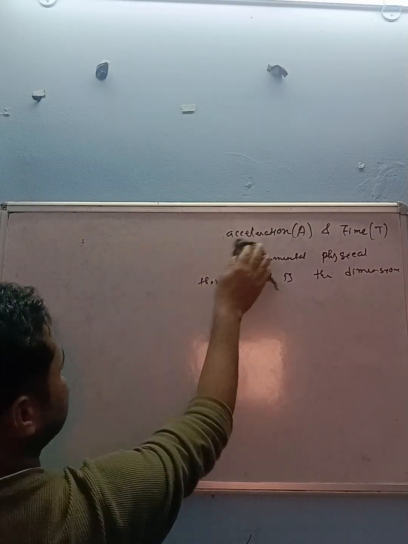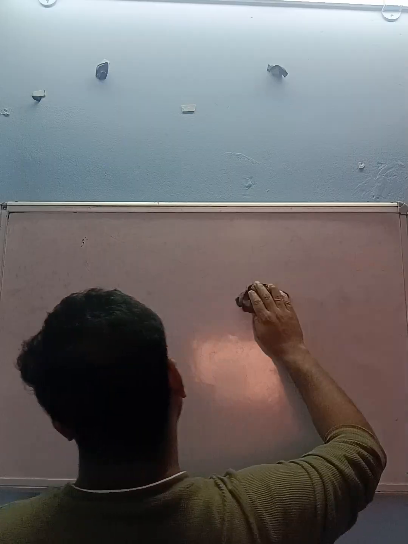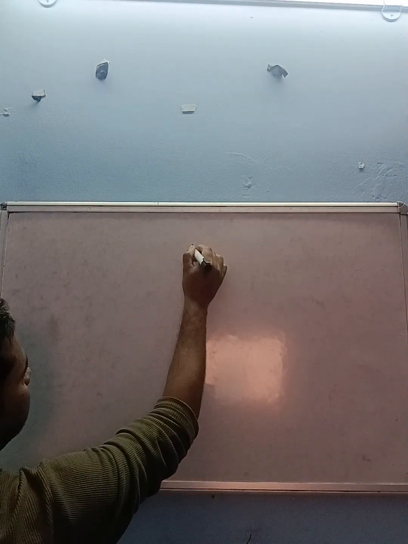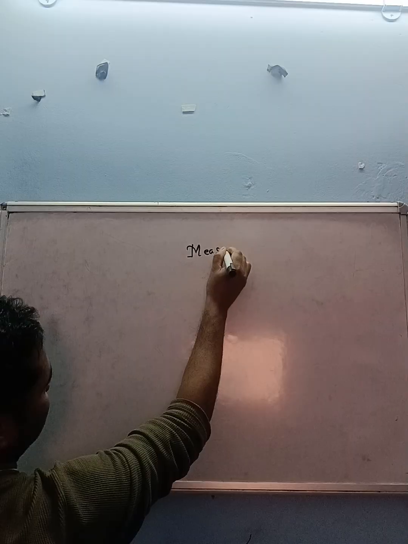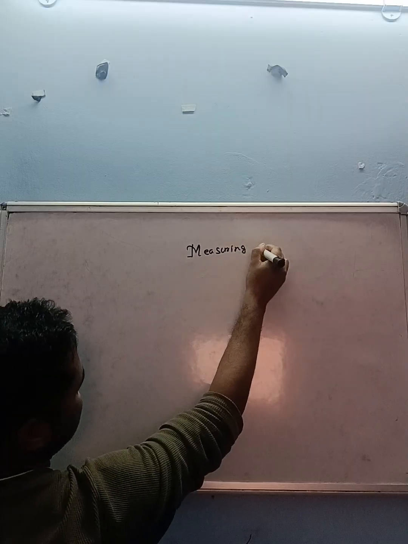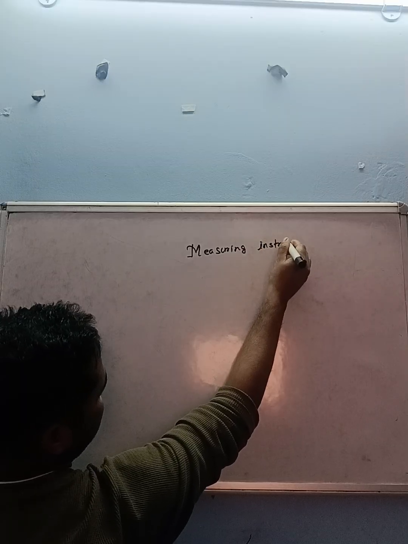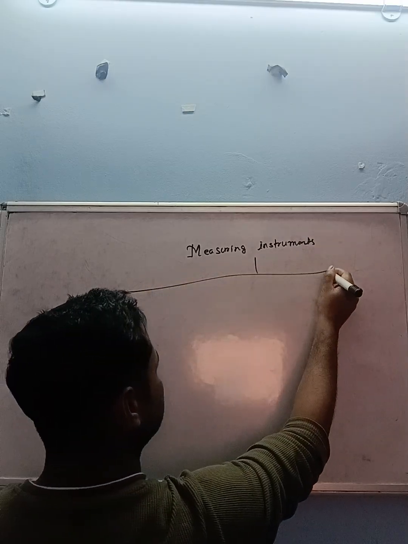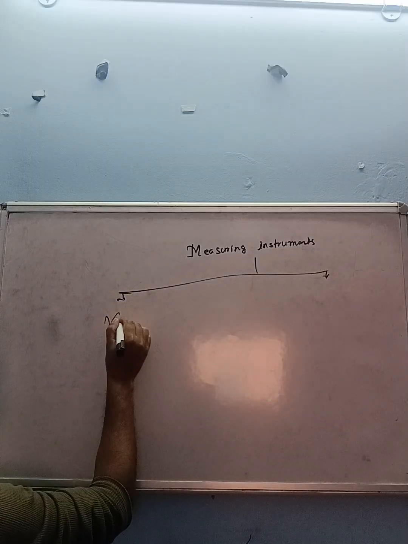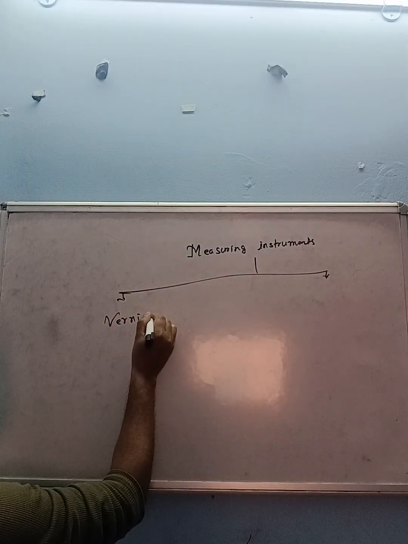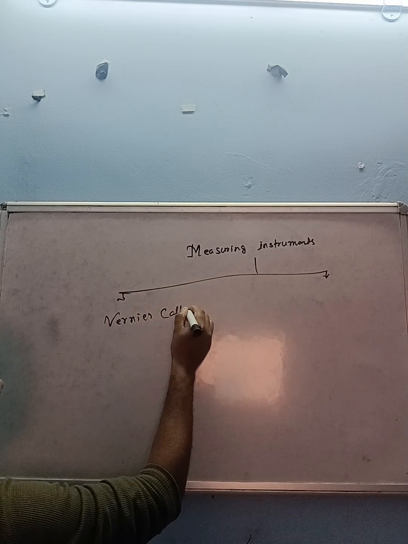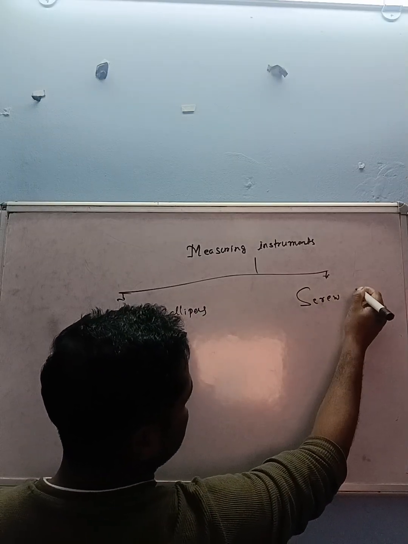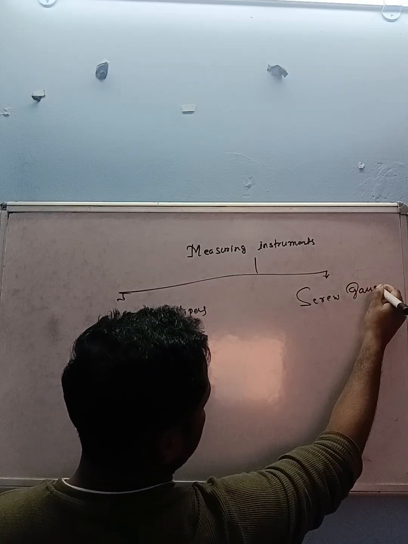examination. Measuring instruments, vernier calipers, screw gauge. Measuring instruments. Measuring instruments mainly two types: vernier calipers and screw gauge. Okay,